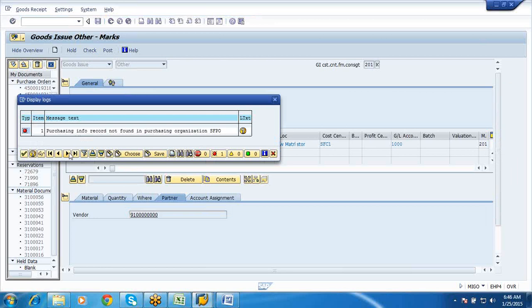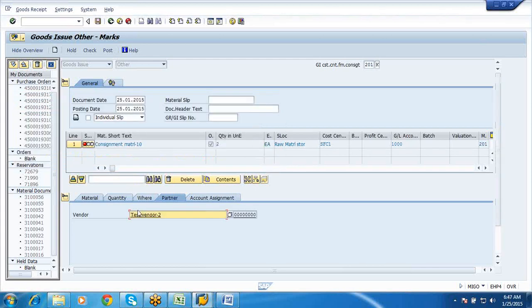Purchasing info record not found in purchase organization SFPO. Is this the same vendor where we bought the material from? Yeah, he's the same vendor.